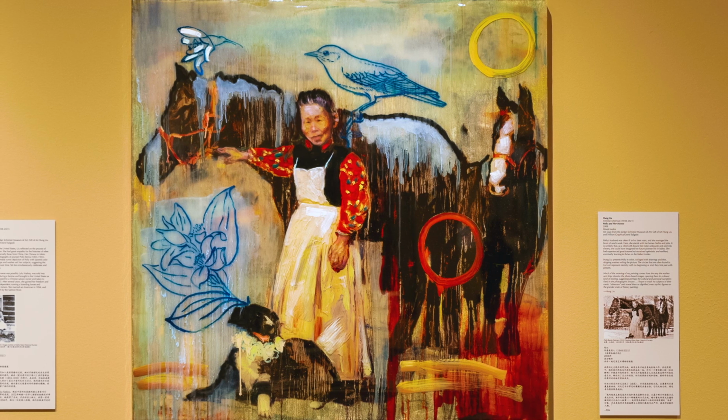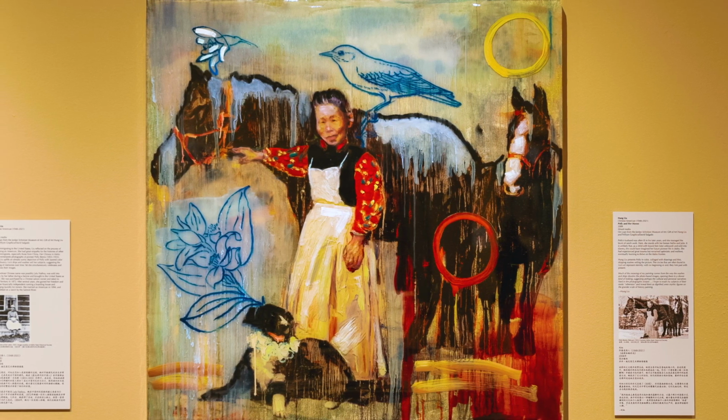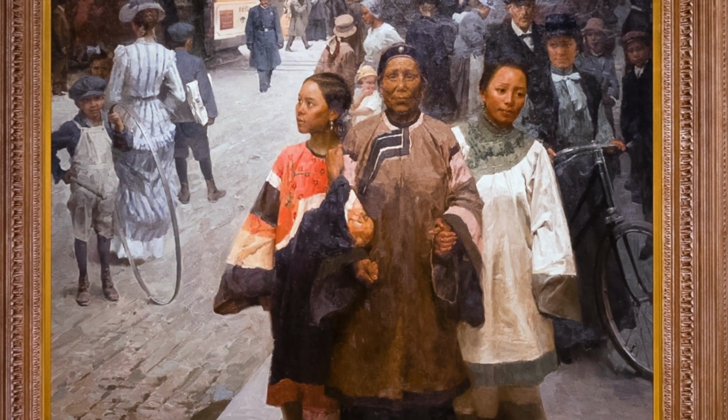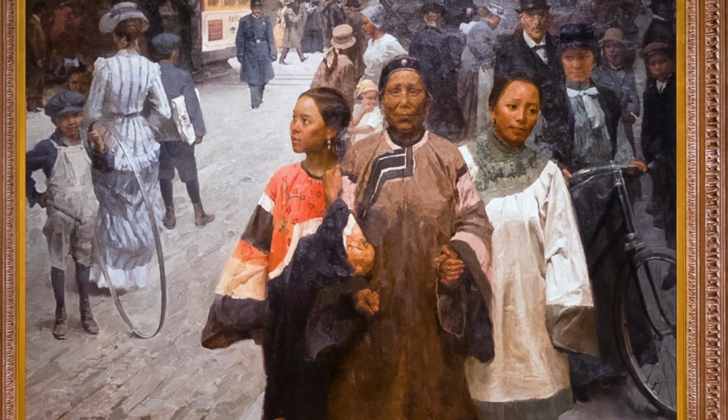These portraits reflect stories of some of the few Chinese women who came to the U.S. in the 1800s. Generally, women were either merchants' wives or trafficked here against their will. They had a bit of a difficult time and they were seen as property, but the stories here in the exhibition really highlight the stories of success. In the case of this portrait,